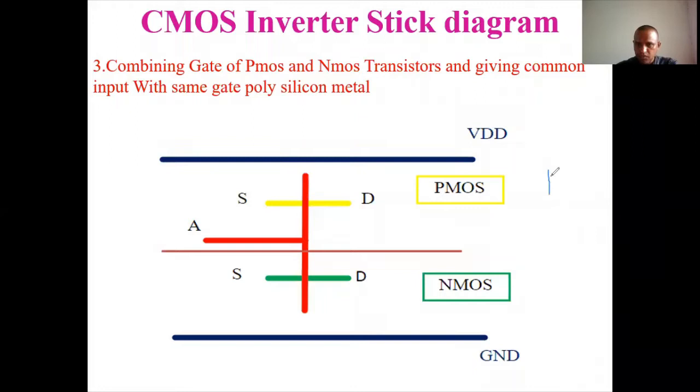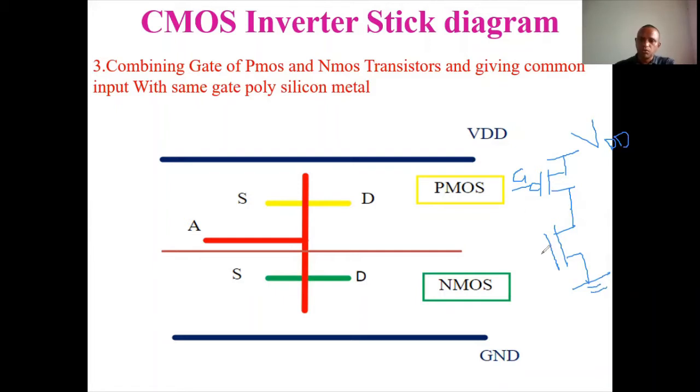So the first one is here PMOS. So this is PMOS transistor, and this one is VDD. I am drawing here. This one is VDD. Okay, so this one is the gate. This one is the gate of the inverter, that is the PMOS circuit. Now I am drawing here the NMOS. So here it is grounded.